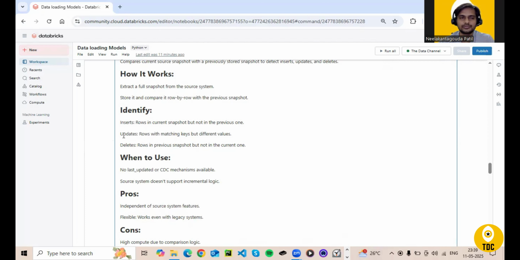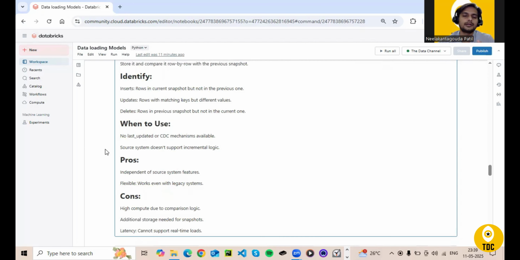But in this case, if you don't have such reliable keys that are incrementally getting generated, like a surrogate key, then unfortunately we have to go with the snapshot-based approach. And when to use this? Basically, when there is no last timestamp or CDC (change data capture) mechanism, or last updated is not there,